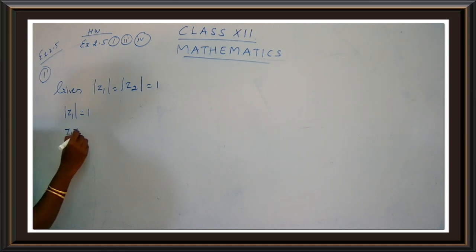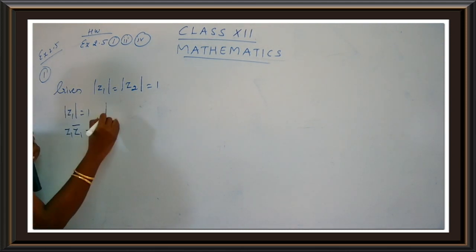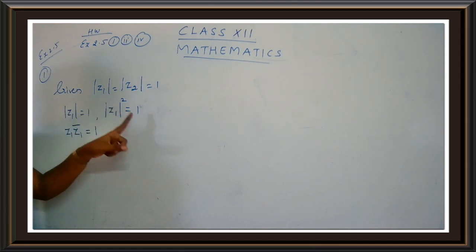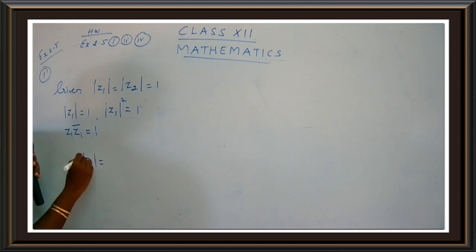How are you going to write this one? Actually, this is the first property, children. Do you remember this property? See here. Mod of Z1 is equal to 1. Yes, children. So I'll just include one more statement. We can say that modulus of Z1 square is also 1. Agreed? Is this step clear to you? Because modulus of Z1 is going to give you 1, so when I square the modulus, I'm going to get the answer as 1. So this is how it is written with Z1 bar. See, we have written this. Modulus of Z square is Z into Z bar. Are you getting the first property?